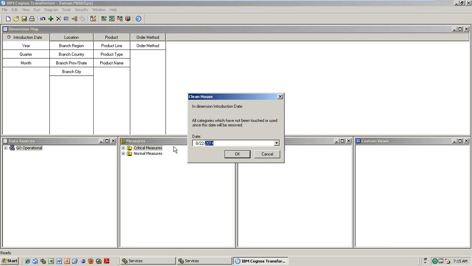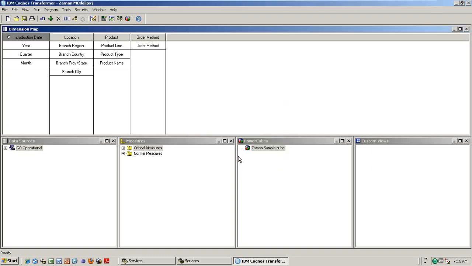What could be the reason? What is the meaning of that? If you are not touching it from August, that means that category is not being used at all by the users. Why do I need to maintain it? If I click OK, the Spain categories will be deleted.